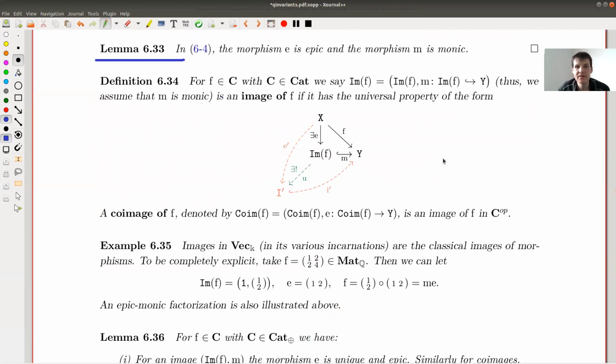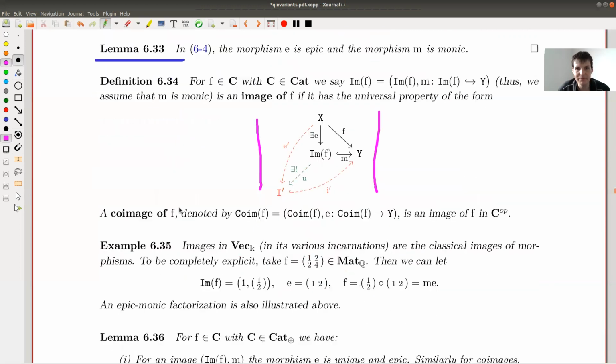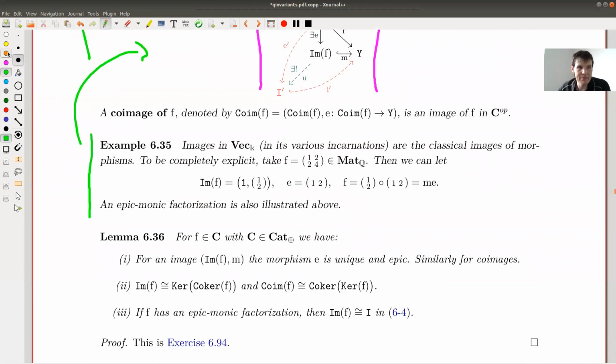Okay, let me do this for you, because you can also define an image in the following universal way, but let me just do it in the example of matrices, because this is really the example of this one. Okay. So same setup as before. I take the same matrix. So how can I factor this matrix into an injection and a surjection? My F is neither an injection nor a surjection. And what I can do is the following.